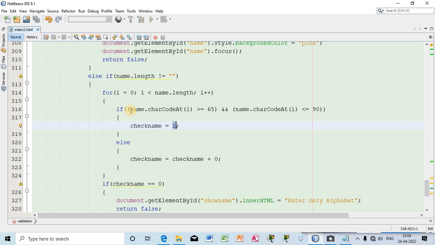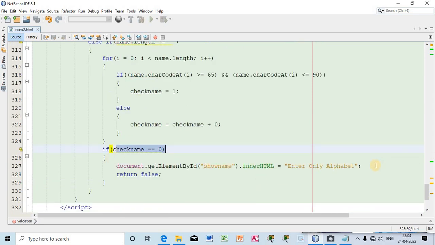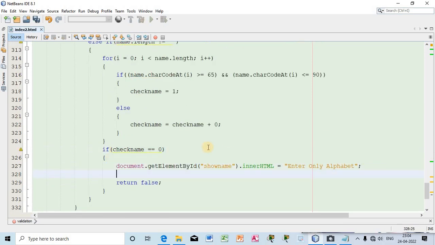But if you do not enter an alphabet character, then it will become 0. And if check name is 0, then this message will be shown. Along with this message, I can also show that